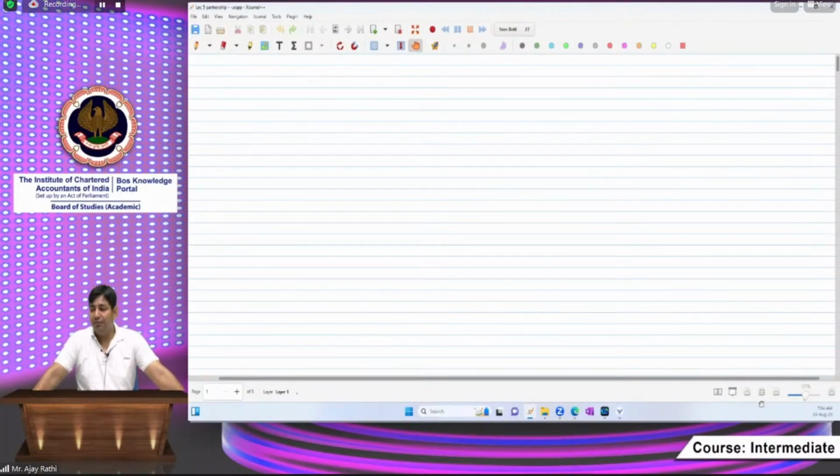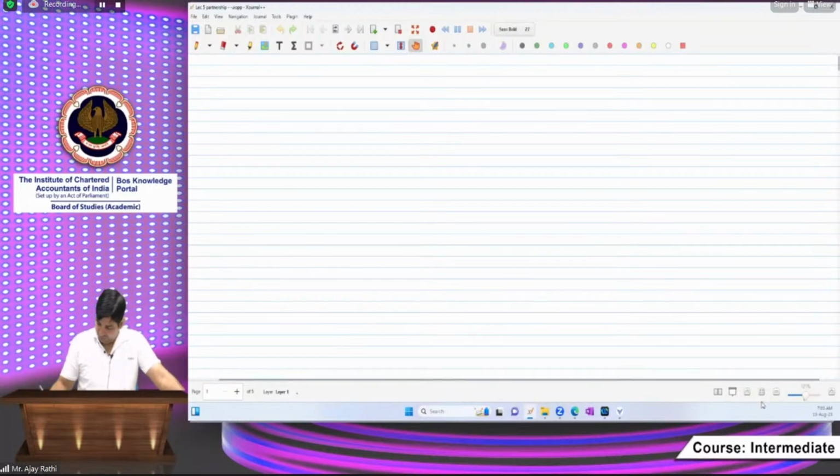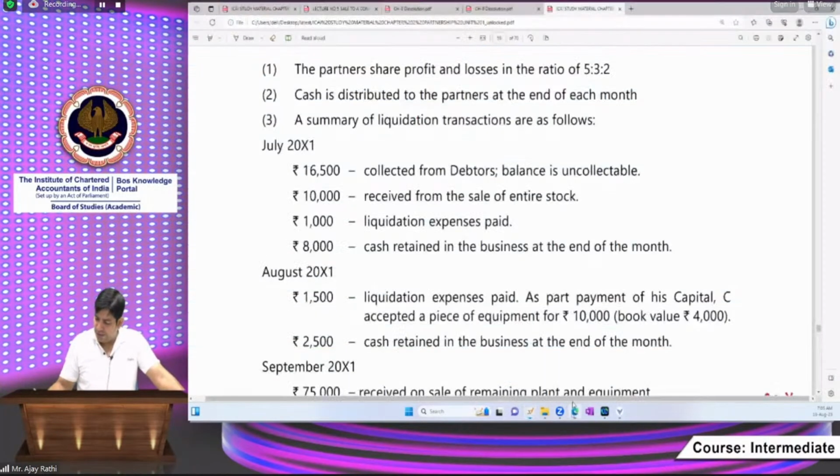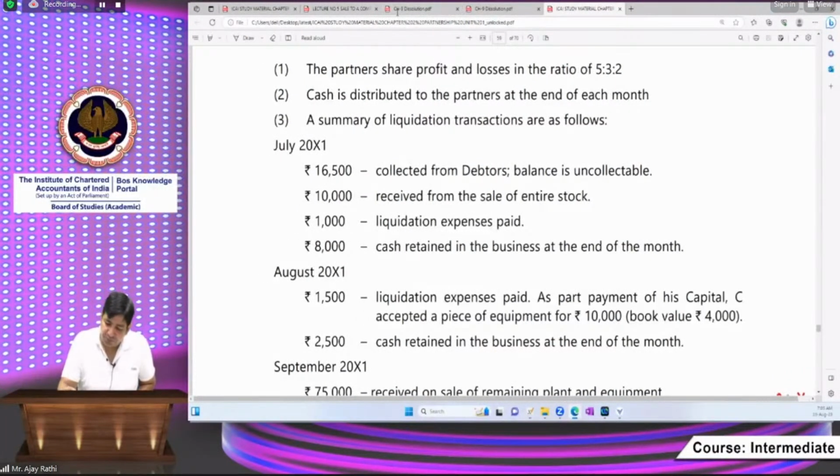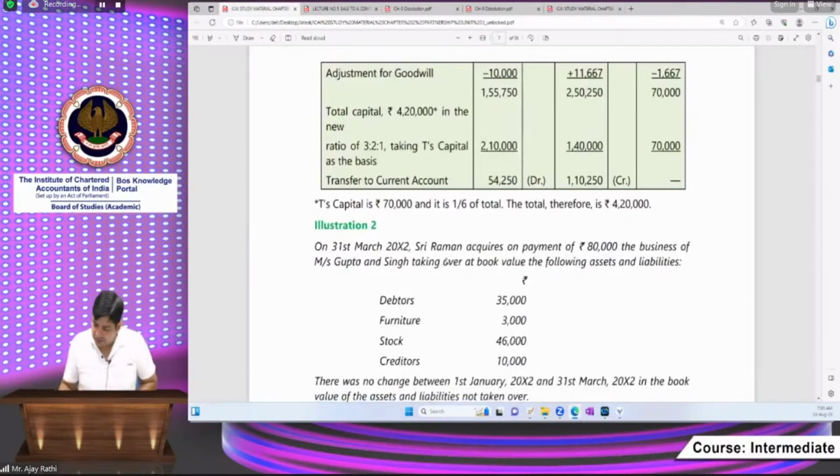First of all, beta, we have to utilize today's session very smartly. We have only a single lecture where I have to do two things. One of them is the amalgamation balance part in the books of the new firm. Anyways, now, beta, in the last class, what we did here,